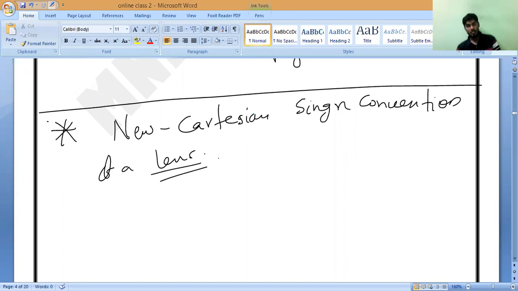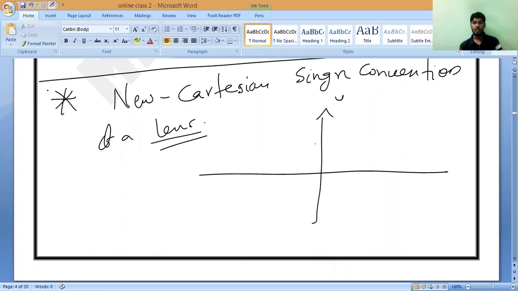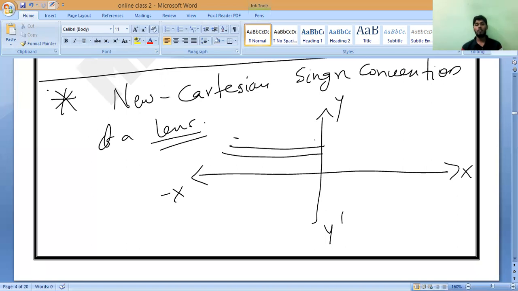Now, take the x-axis and y-axis, all of you. This is not a new thing, but you should tell me. Minus x coordinate and plus x coordinate. So what is the sign convention? Light rays always go parallel to the principal axis from left to right. The incident ray always goes from left to right. In the same direction, positive. Opposite direction, negative.